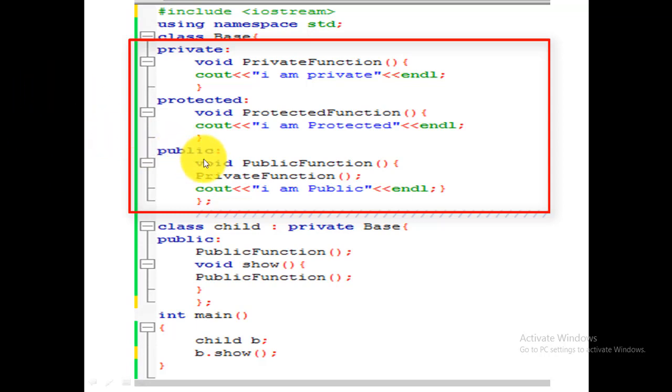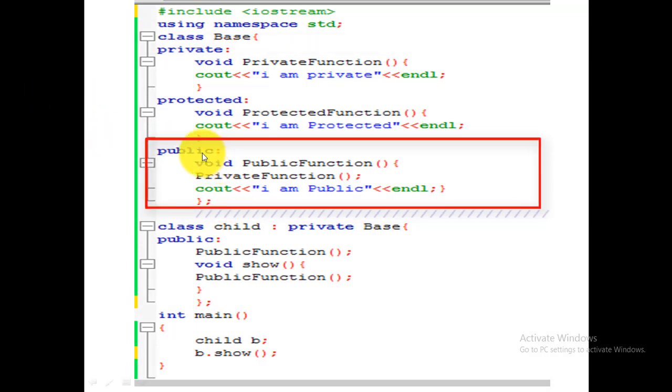So here in the public function, we call the private function. Can we use the private function inside the public function? Yes, we can use it because the public function is part of the same class. The public function exists in the same base class, so it can access the private function.